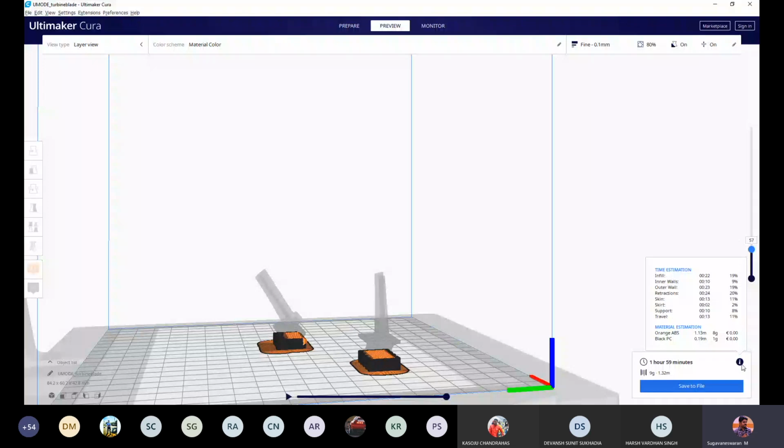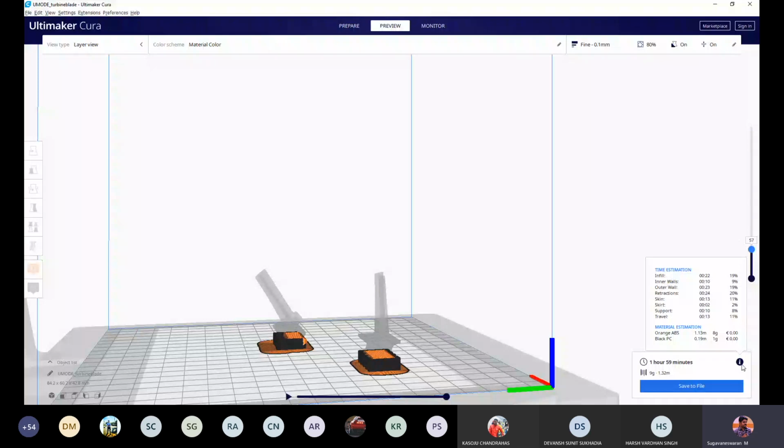Maybe the cost value is not mentioned. Some software will, or you can take the cost value from the web and calculate what the cost will be. So the software will help you understand the time of printing, the material required for printing, and the cost of printing. Only the fabrication cost. Then with the fabrication, you have to add machine utilization plus manpower cost to finalize the cost of printing. So this cost is only for material consumption.